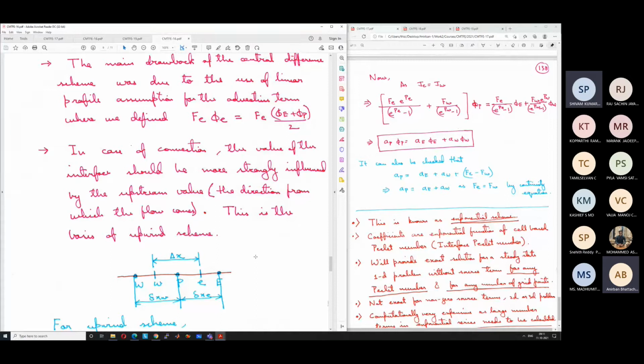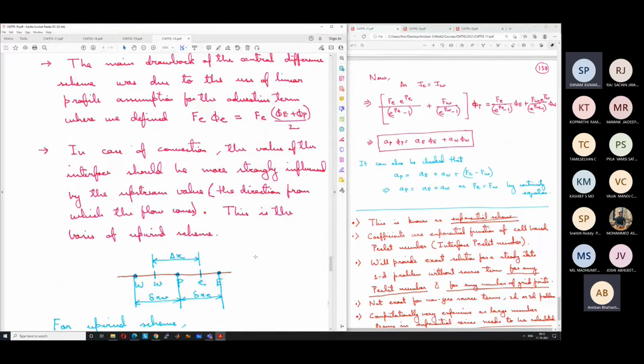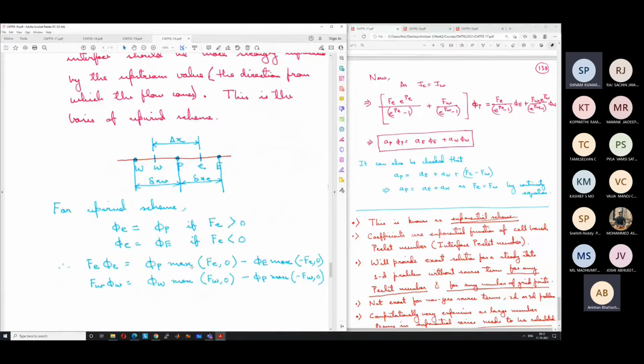And this is still widely used. There are different types of upwind scheme, which we will not go into the details of in this course. So what I have shown you is a first order upwind scheme. There are higher order upwind schemes also that can be used, which take, say, 2 points on the left hand side for this interface. And similarly, if the flow is from the right side, 2 points from the right hand side for this interface to increase the accuracy. We will not consider that, but it is possible.